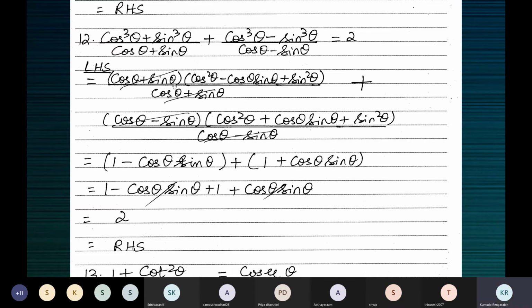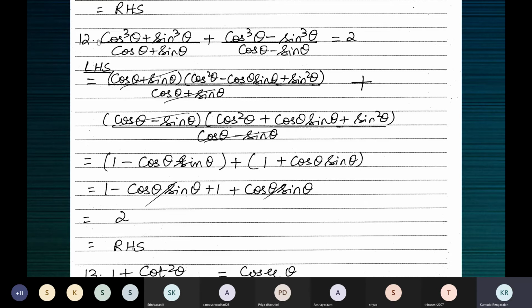All right. So what we do is, children, we don't take up the LCM or the common denominator. When you look at this term alone, the denominator is a plus b. The numerator is a cubed plus b cubed. And you know that a cube plus b cube is a plus b into a square minus ab plus b square. We have not taken the common denominator. This is the first term. This is the second term. They're connected by a plus sign.